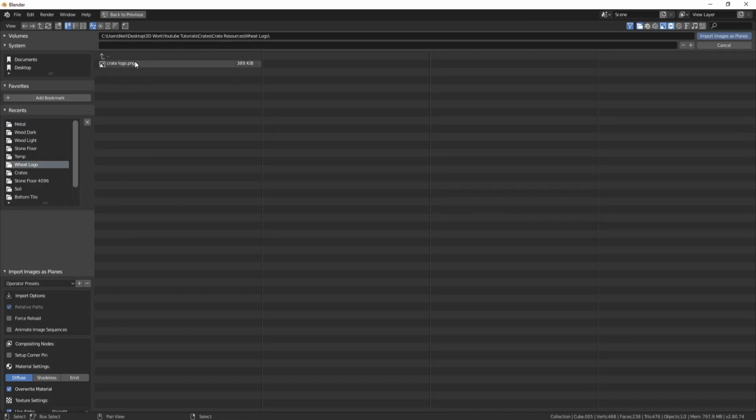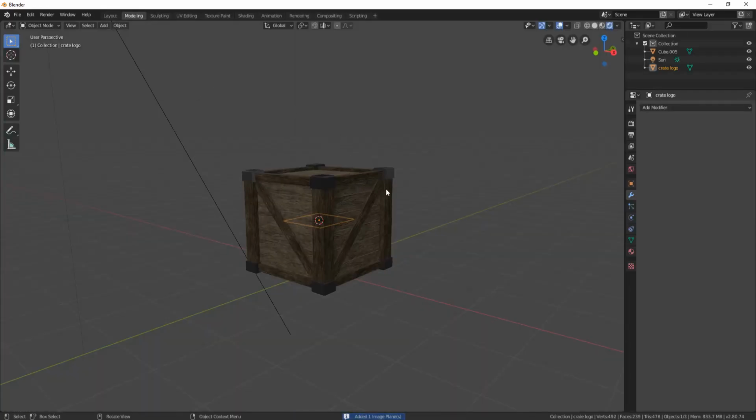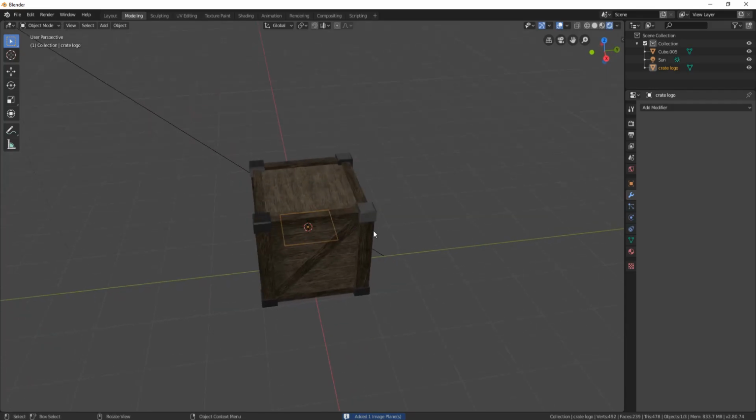Now this is the wheat logo, and if you click on this button here, you'll see this is what it looks like. I just quickly made this in Photoshop, and I just gave it an old kind of look using a mask. So they're pretty easy to create, so go ahead and create your own if you want to do that. So let's double click on this, and now let's press Shift Space and move,